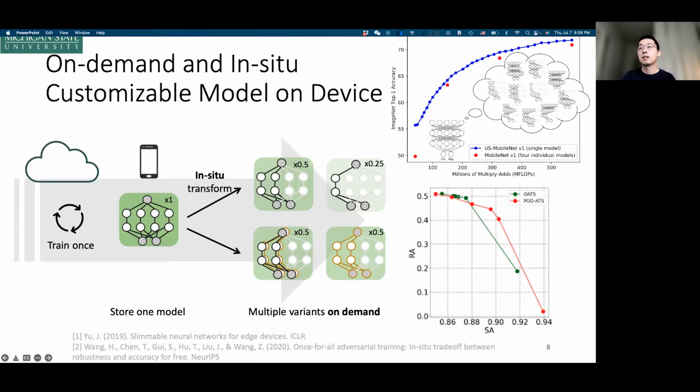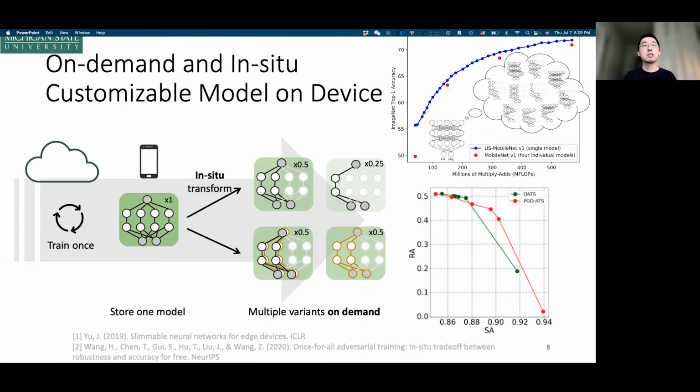And the green line is customized by changing a few parameters. So this customization will be efficiently done and allows you to achieve a similar trade-off between robustness and accuracy. So this is a current solution for model customization.